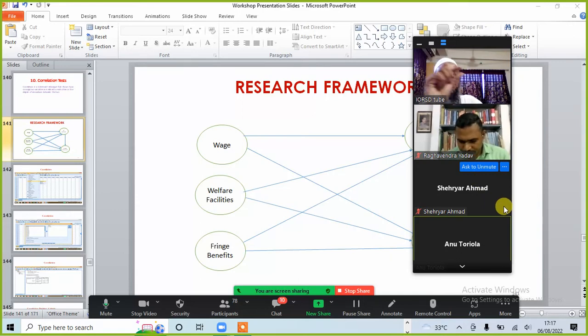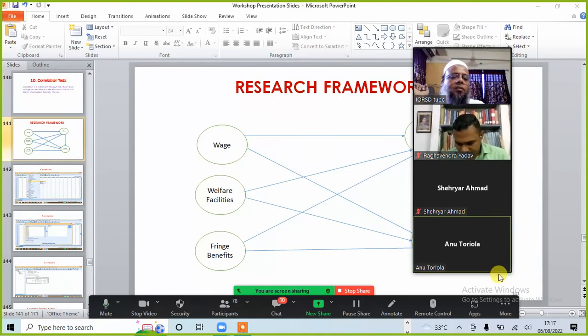Okay, a simple example of linear correlation. Can you give us a simple example, brother? A simple example is income and expenditure. It's linear because you tend to regulate your expenditure on the basis of your income. So there may not be a wide gap for successive monthly income and expenditure,